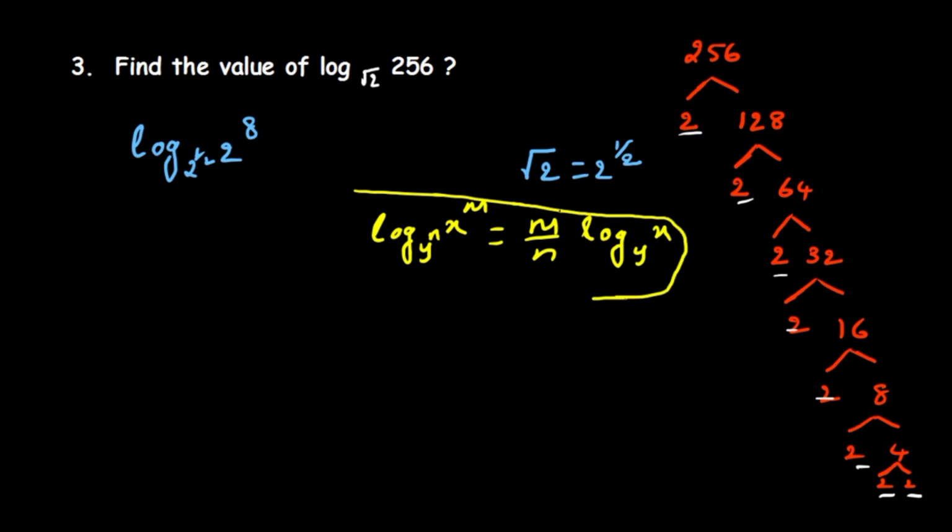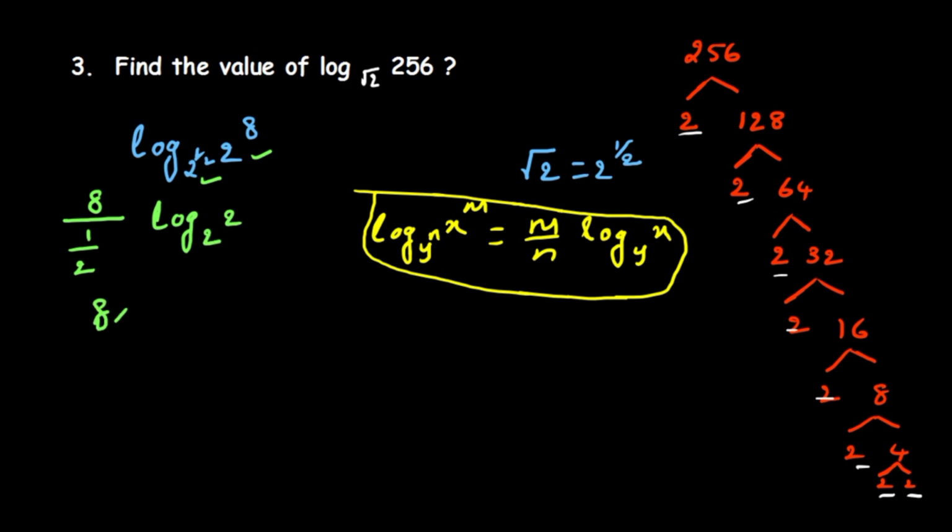So using this formula, here I will get 8 divided by 1 by 2 log, here it is 2 and this one also 2, right? So 2 base 2. That means 8 into this 1 by 2 we get its reciprocal, that means 2 by 1 into log, and you know very well log 2 base 2 answer is 1. Okay, so in the next step we write it. So here 2 into 8, I mean 8 2s are 16 and log 2 base 2 is 1. So the final answer is 16 for this question.